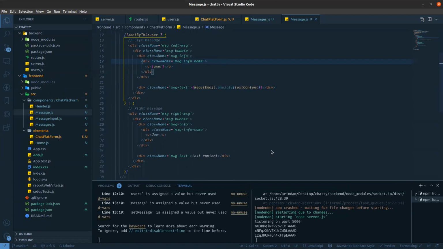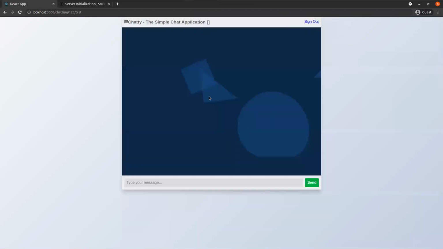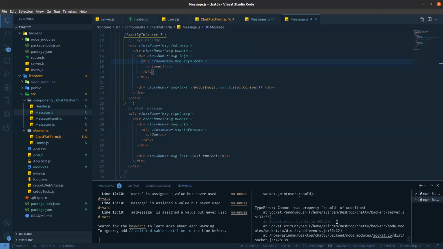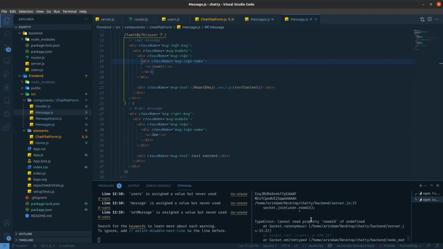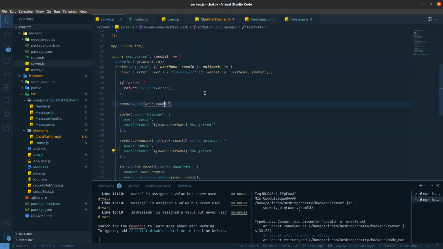Now if you go there to test, I'm writing room ID 123. Something is not matched. User dot room ID, room ID has undefined. Okay.